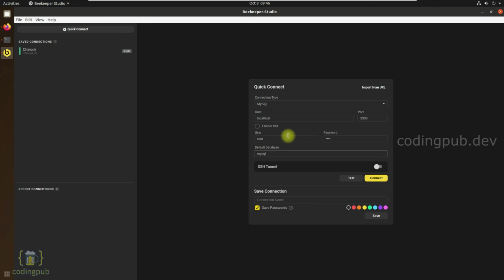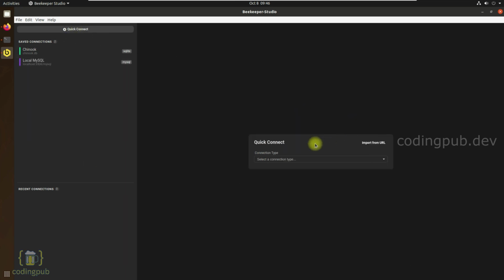That is the usual one. Once you enter the information, you can click on the test button to test the connection, and if it looks good, just enter a name. I'm entering local MySQL, selecting a color, and clicking on the save button. Now the connection is created.